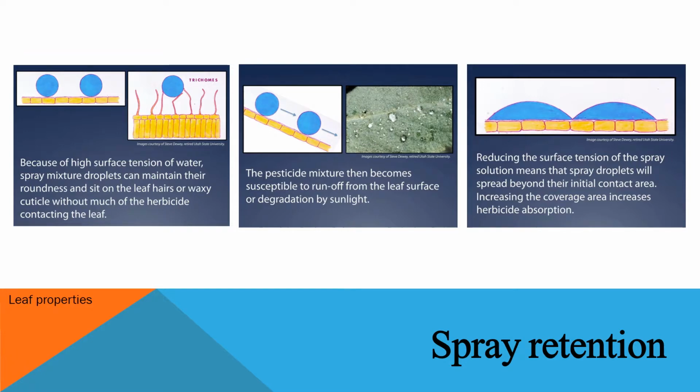In terms of leaf properties, for spray retention, a foliar herbicide must remain on the leaf long enough for absorption to occur. Plants differ in their ability to retain water on leaf surfaces. For example, broadleaf species with large flat leaves disposed parallel to the ground retain liquid droplets more easily than grass